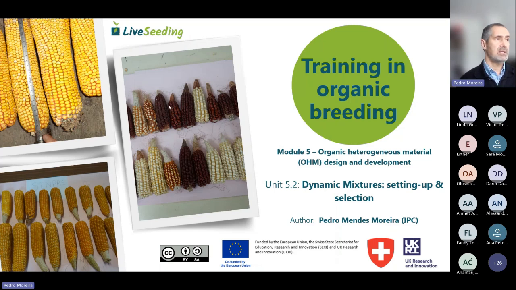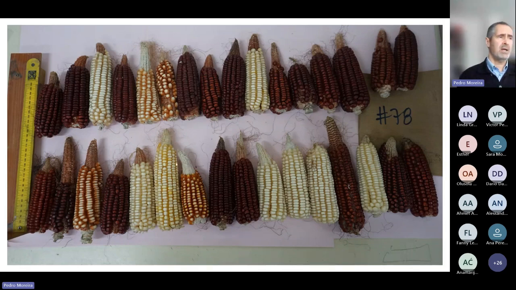The first one is a composite from populations from Azores. This is a synthetic called Fandango, and I will talk about that. And this is the Simpre, which is another composite from populations. Starting with the Azorean composite,